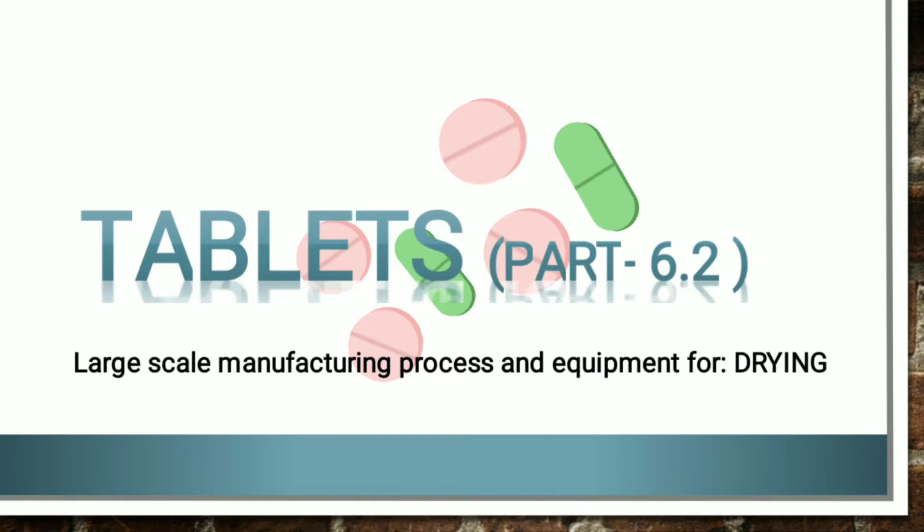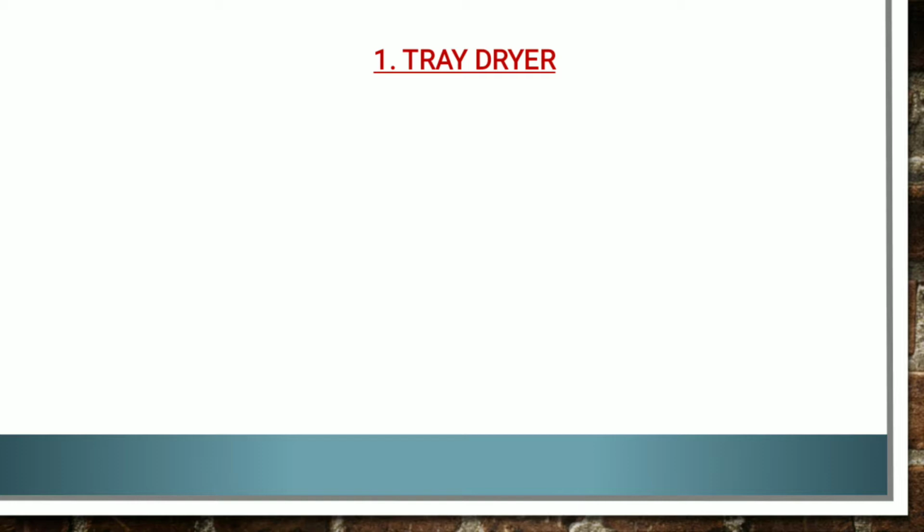However, the equipments which are used generally for manufacturing or for drying of granules include the granulators, the dryers which work on the principles of convection like that of your tray dryer and fluidized bed dryer, and also on radiation like that of IR dryer. So let's study the commonly used dryers for our granules. The first one, tray dryer.